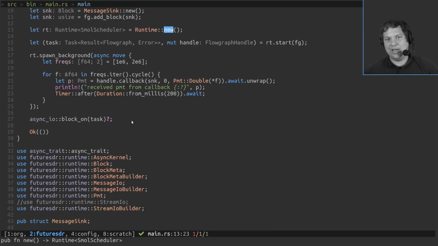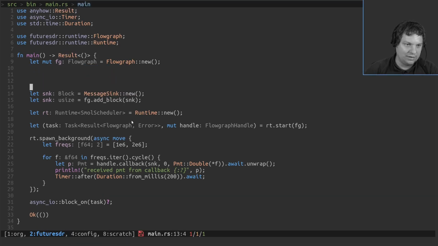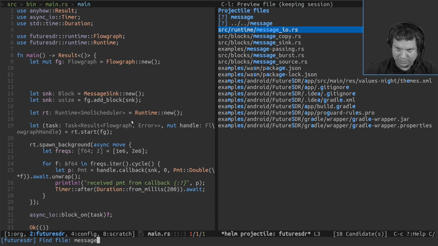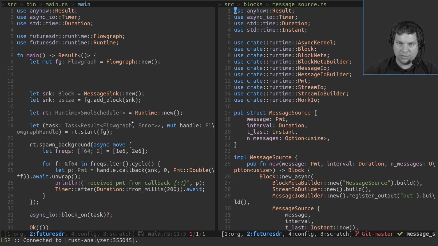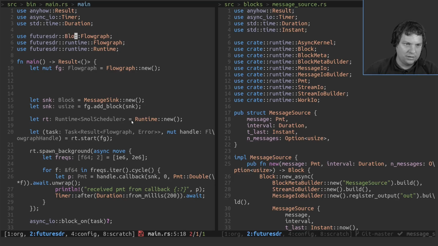We demonstrate now to call these handlers from somewhere external, like every message input you have is automatically exposed to the outside. But obviously you can just do the normal thing like connecting message handlers. We can quickly demonstrate it. Let's say we add a message source, and the project already comes with a message source. Now in this case, we want to actually use it. So use FutureSDR blocks. Let's use the builder to demonstrate the builder pattern again.